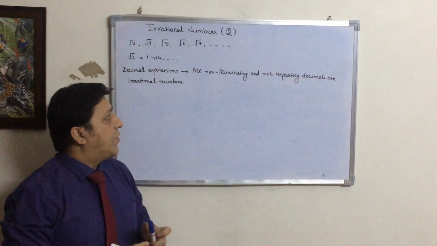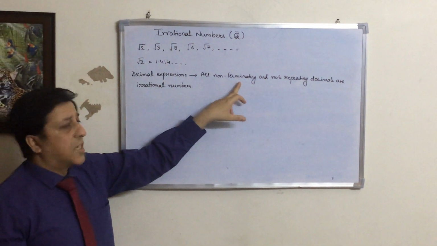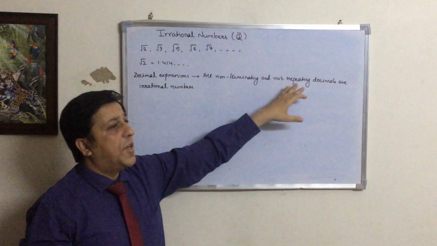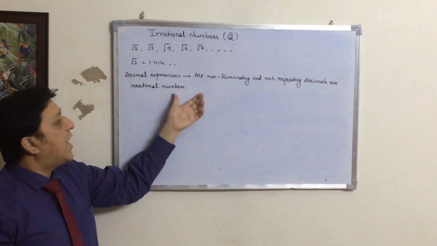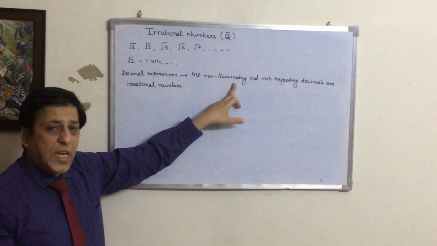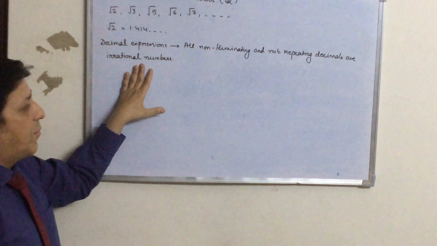I told you in the previous class that for a rational number, the decimal must be terminating or it can be repeating. However, for an irrational number, if the decimal expression is non-terminating and non-repeating, then those decimal numbers are